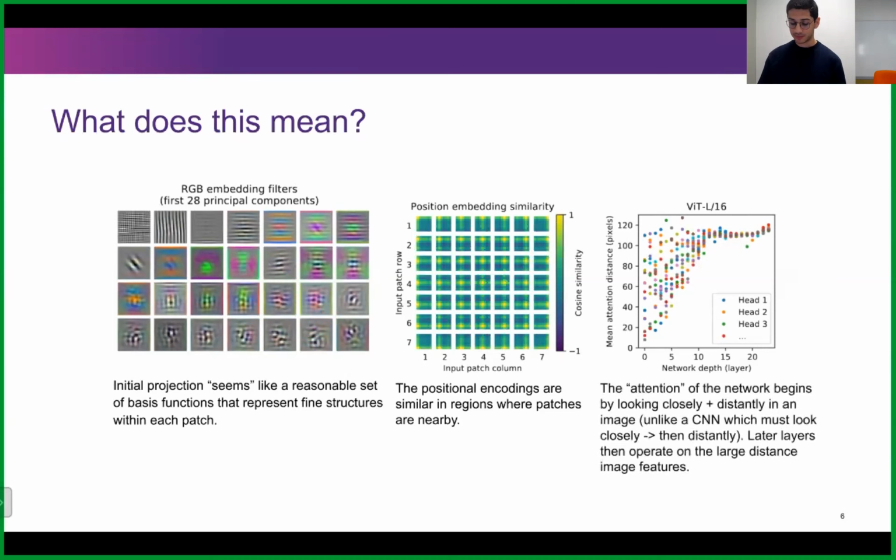And then in this last image, it's, okay, given these weights and a series of input patches, where is my attention actually culminating? The visualization is a bit weird to understand at first, but the easiest way to think about it is this: network layer depth is how far into your network you are, or how many transformer encoder layers we've gone through. And the mean attention distance is just how big is the weight between any two patches, or any two pixels, sorry. As you can see, because a transformer doesn't have this inherent bias of looking locally within the image,